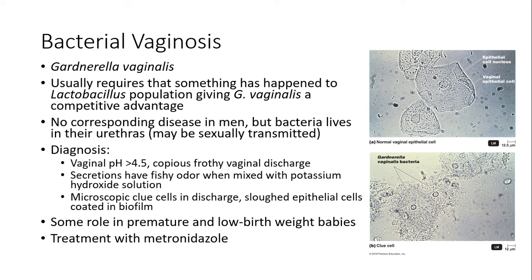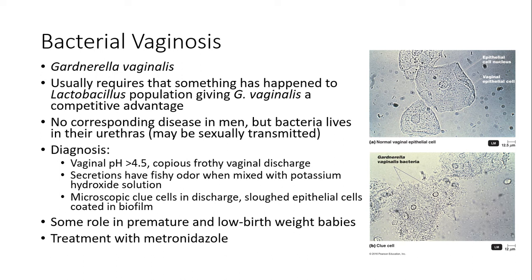So this is going to be something that disproportionately affects women. There's no real presentation of this in men, but the bacteria can live in their urethras, and so therefore this could be sexually transmitted. But on a diagnostic level, you're going to test the vaginal pH and find that it's above 4.5. There will also be a copious, meaning plentiful, frothy vaginal discharge. The secretion itself can have a fishy odor, especially when mixed with a potassium hydroxide solution that you should have